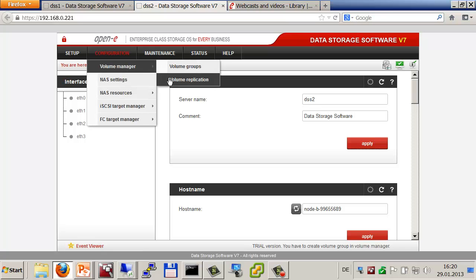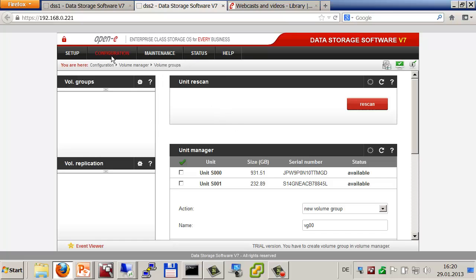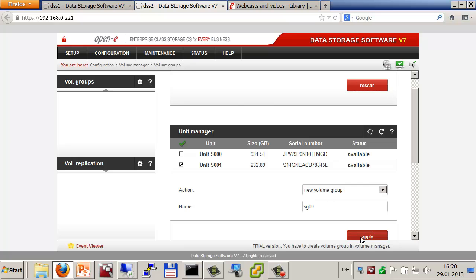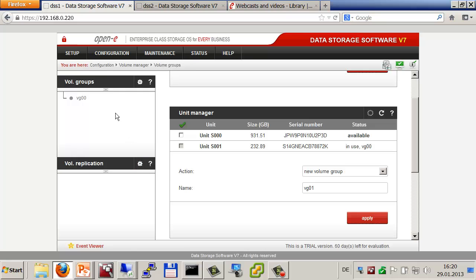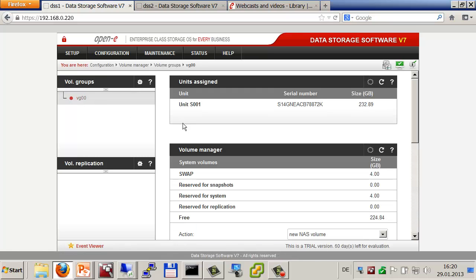So go to configuration, Volume Manager, Volume Groups, right? And then I'm also selecting this 200 giga drive for me. Okay, small drive but fast. So we are creating the volume groups on both servers, and then we are also formatting the so-called system volume. This is why we show formatting here. Okay, on the DSS 1 the volume group is already created, so let me click on it and let me create the